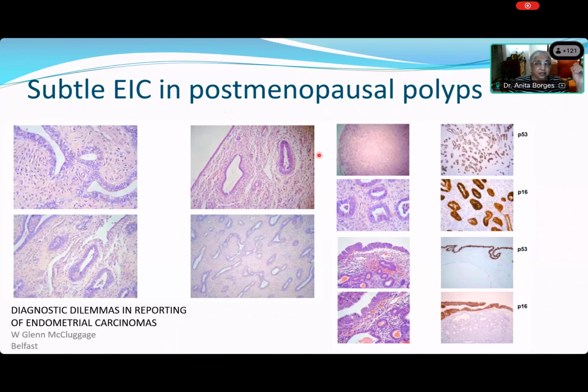But today, in this day and age, particularly in patients who are postmenopausal, all postmenopausal polyps, or for that matter, a postmenopausal endometrium, I make it a practice to do P53. And sometimes the most innocuous looking endometrium may suddenly show you block positivity for P53 and P16. You see, even the surface lining epithelium is expressing P53. This is a bad sign.